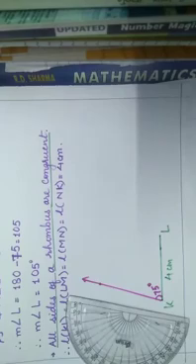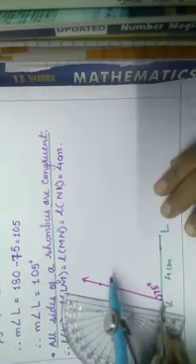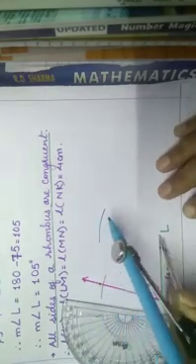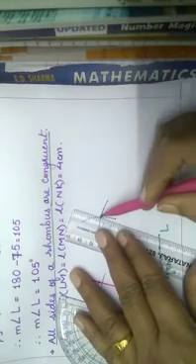And now what we have to take? All sides of a rhombus are equal. So all sides are equal, that is 4 centimeter. From K also we will take one arc. From L also we will take an arc. And from this arc we will join one arc towards this opposite arc. In this way, 4 centimeter arcs we have drawn. So this intersection point we have to take as 4 centimeter. This will be your 4 centimeter arc. This will be also 4 centimeter.